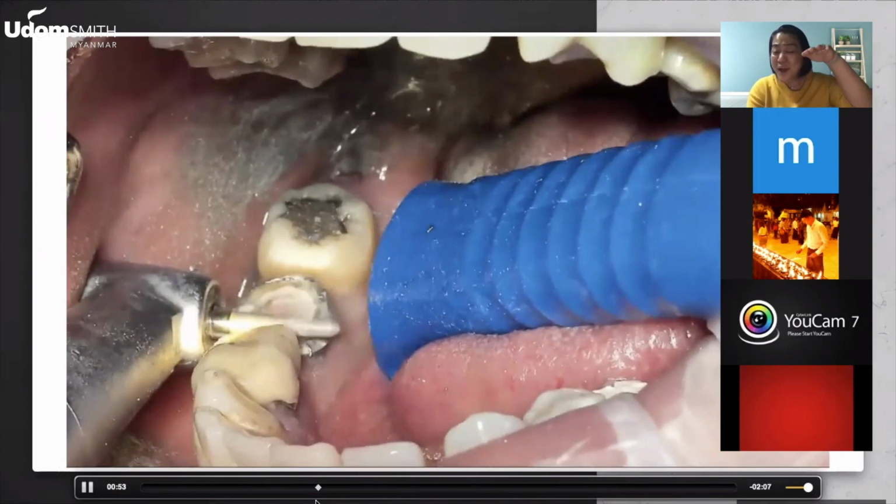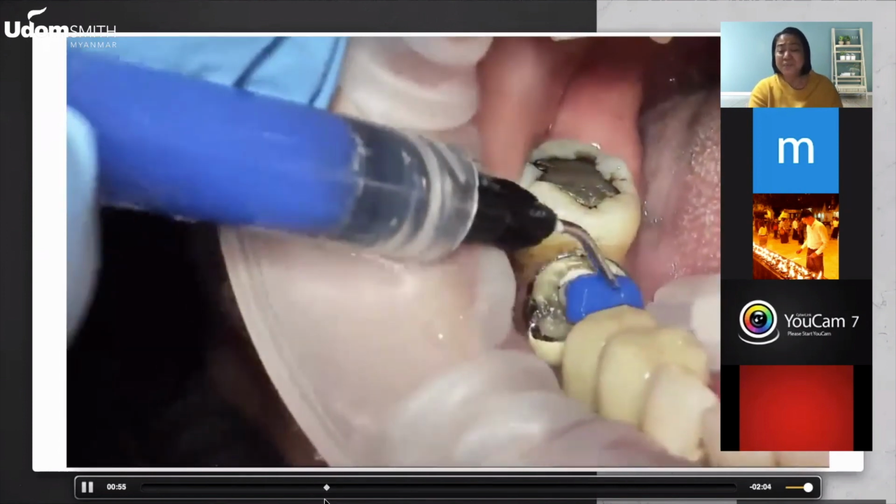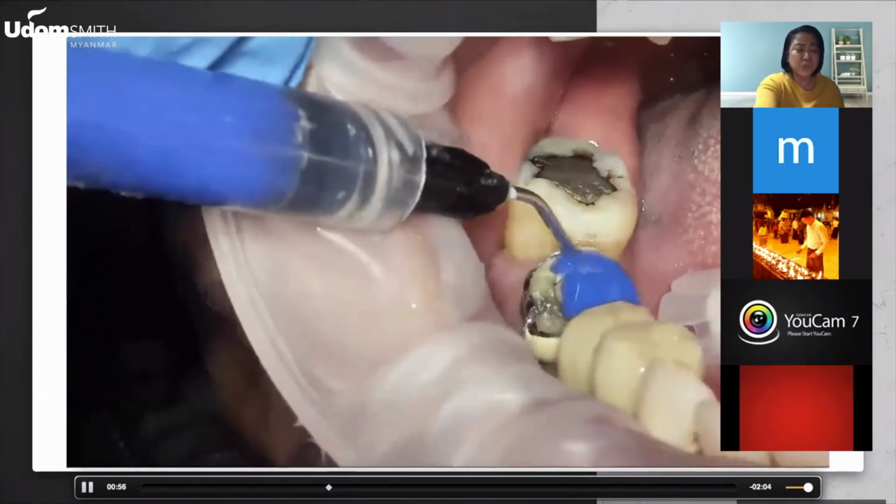And the reason why they're lowering it down 2 to 2.5 is just to accommodate the cement, or the composite resin that will be used as cement for the occlusion VD, and of course for the thickness of the occlusion VD. So then the next is, now on this part, I will show you